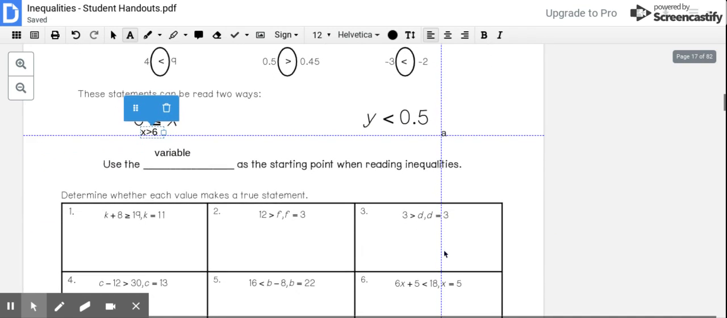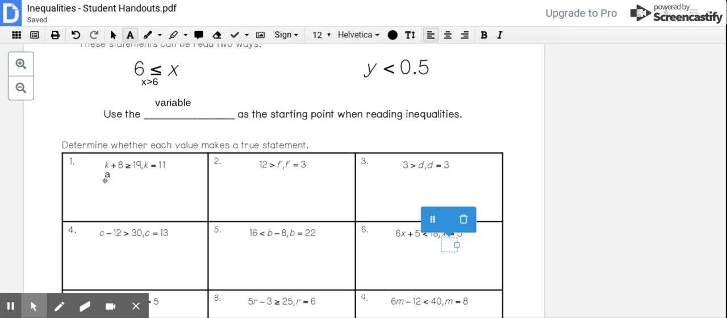So the first type of task you're going to have is you're going to decide whether the value of k that they give you, k equals 11, makes this statement true or not. And people can guess and get a 50-50 chance. So I do have to have you show a little bit of work. So on this one, if you want to plug the 11 in where the k is, you would have 11 plus 8. And then you know that that is 19. And so you would have 19 is greater than,